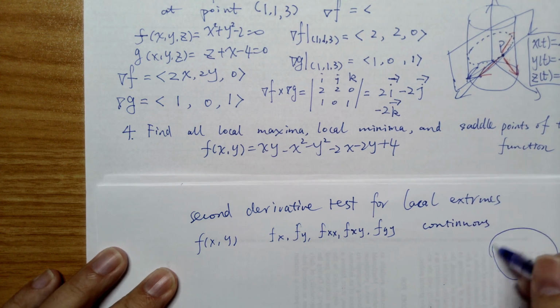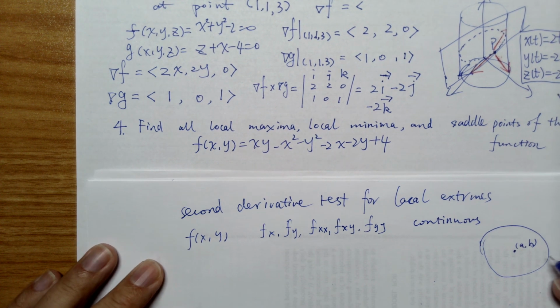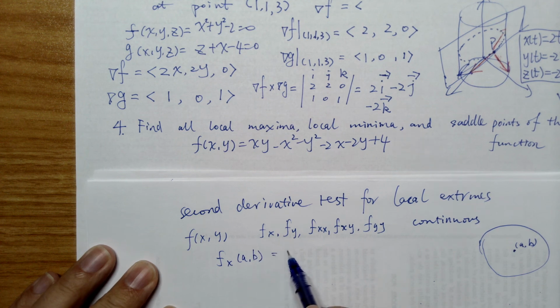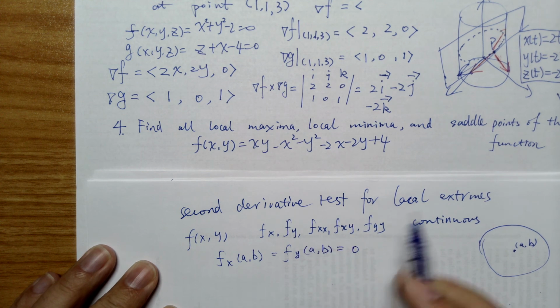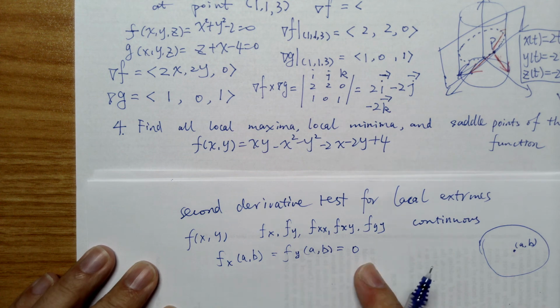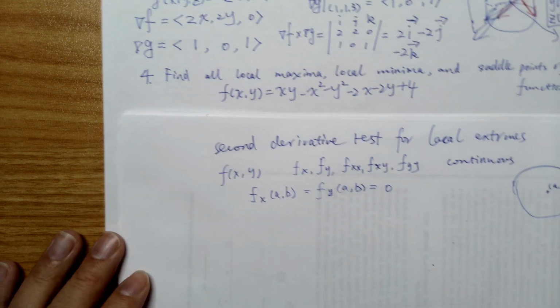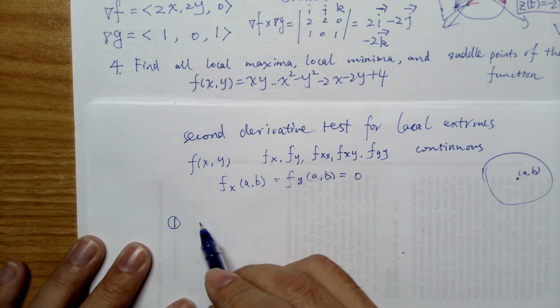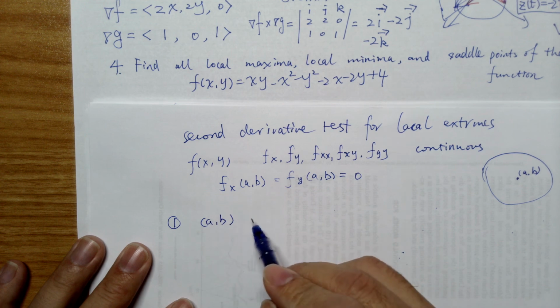Throughout a disk centered at the given point, if we denote that point as (a, b), and the first partial derivative evaluated at this point (a, b), and also the partial derivative with respect to y evaluated at this point, both equal 0. So in other words, this is a critical point. And if all this holds, then what we've got is: